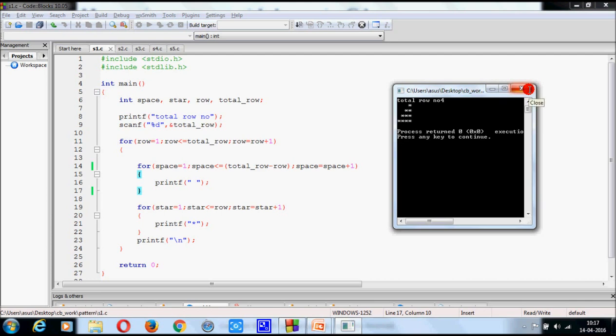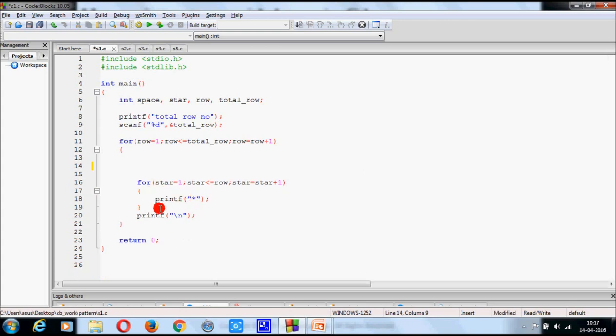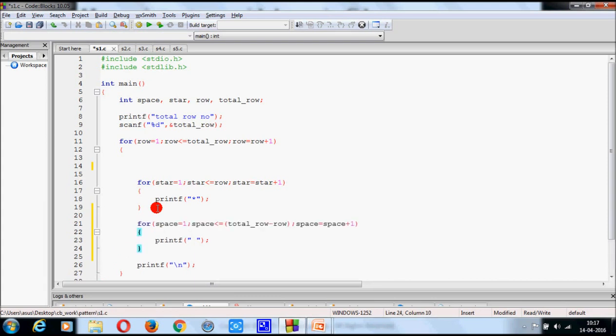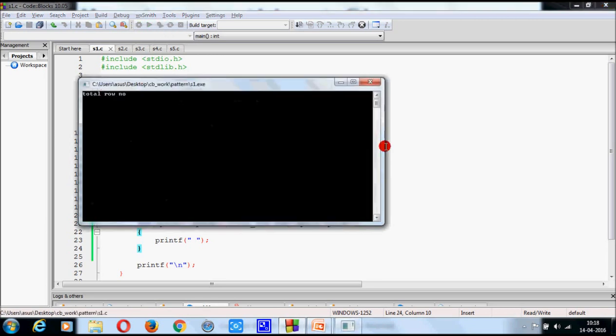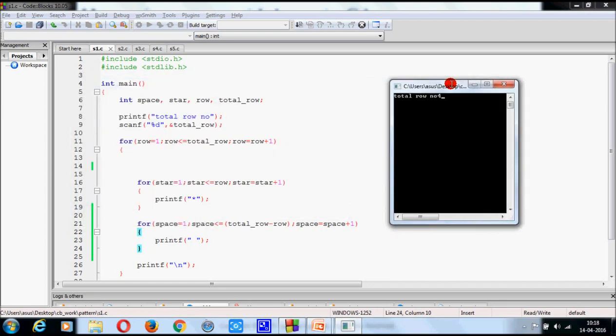Now check another thing here. I cut it from here and put this after this section. What will happen? Check that the space is working but no effect is present here.